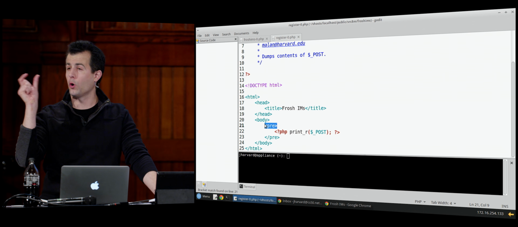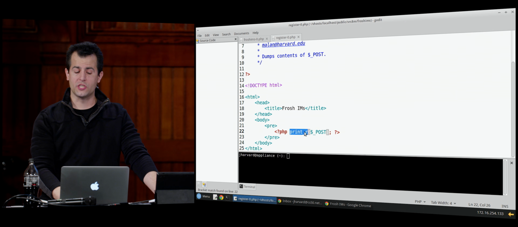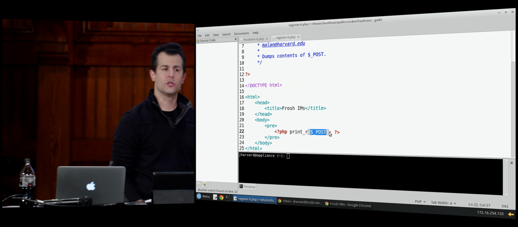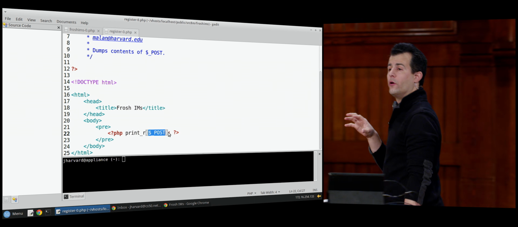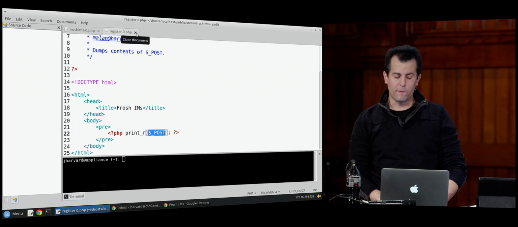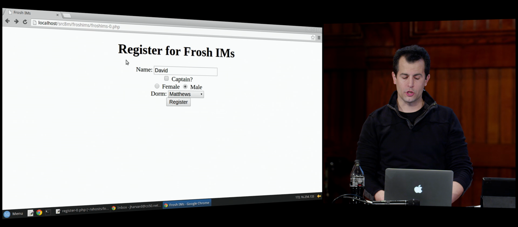Pre just means pre-formatted text, monospaced, like a typewriter. Print R is a print recursive function. And then there's this interesting thing here, and we'll come back to this because there's others, but $_POST appears to be a variable in PHP in which anything you send from browser to server gets stored for you. And we'll see how to get at that information before long. But first, let's go back to a slightly different example, going into register, or rather